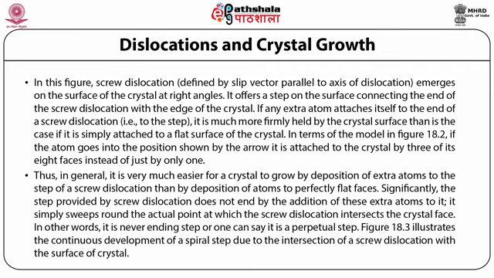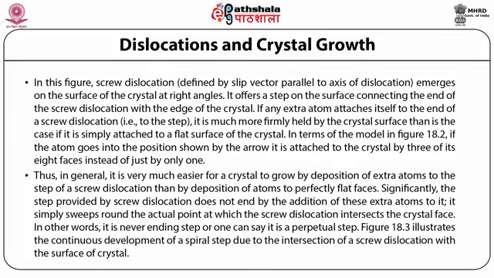Significantly, the step provided by screw dislocation does not end by the addition of these extra atoms to it. It simply sweeps round the actual point at which the screw dislocation intersects the crystal face. In other words, it is a never-ending step, or one can say it is a perpetual step. Figure 18.3 illustrates the continuous development of a spiral step due to the intersection of a screw dislocation with the